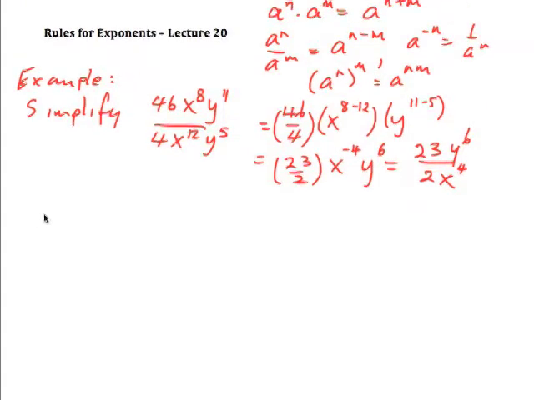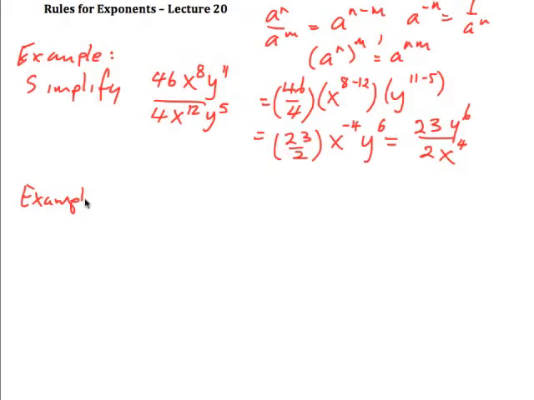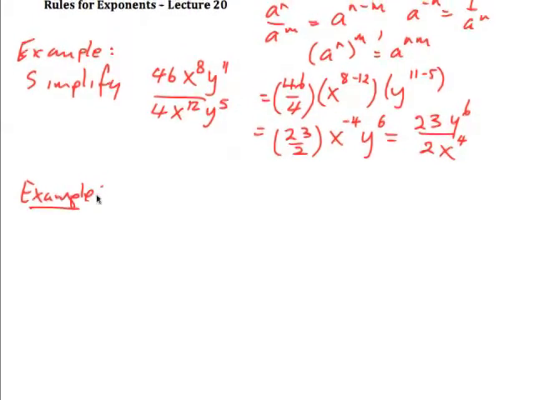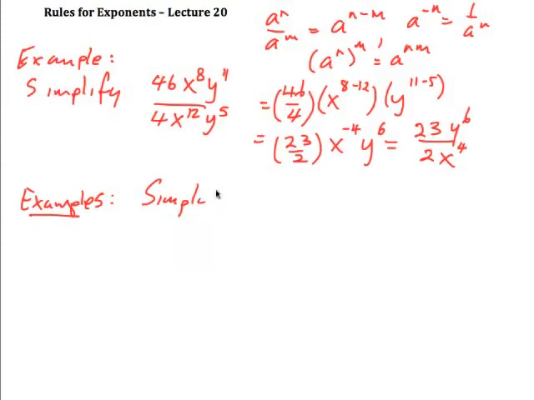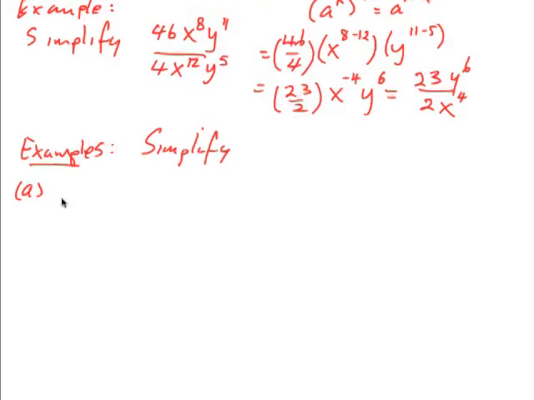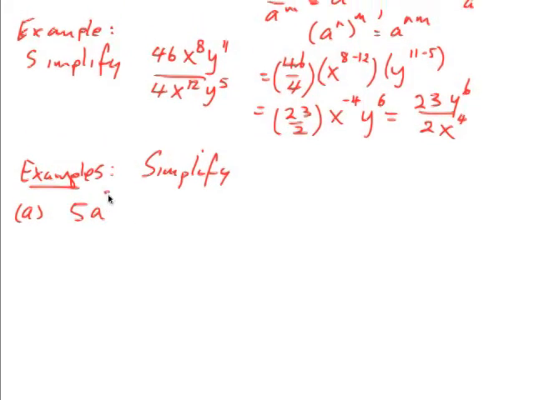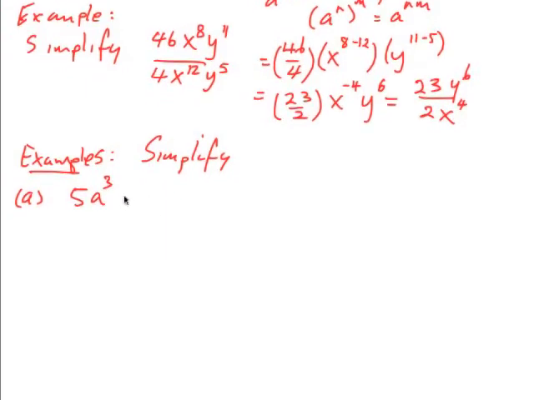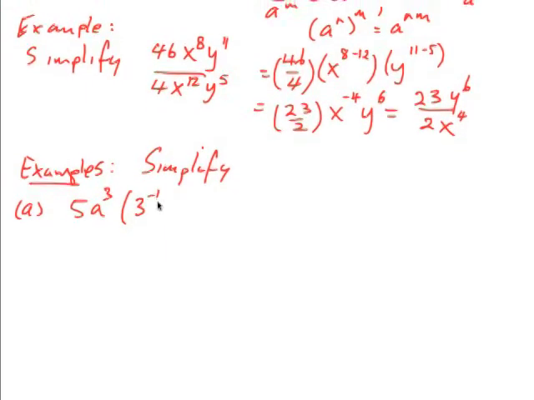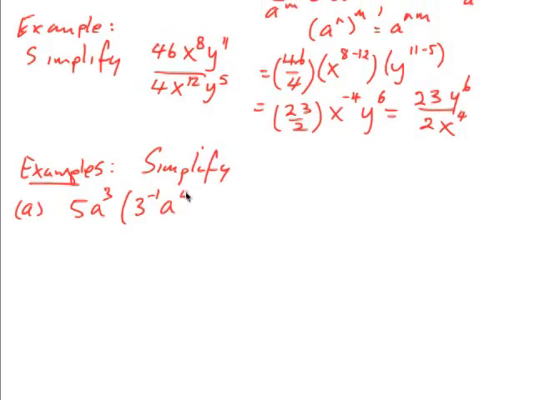Okay. All right, so let's look at some of the different ways we can use these rules. Right, so again we're going to simplify. Okay, let's do part A. Let's suppose we want to do 5a cubed by 3 to the negative 1, a to the 4